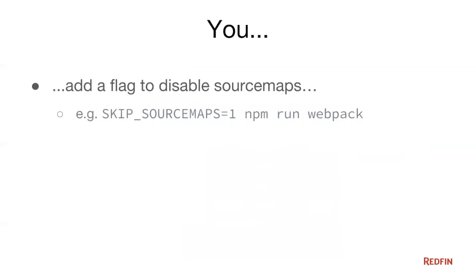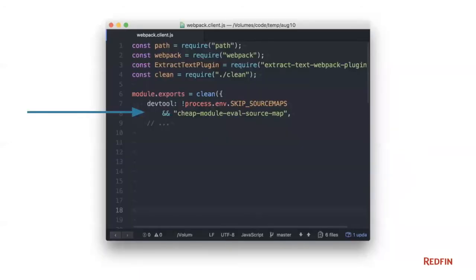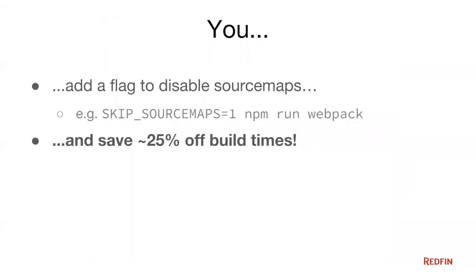So you add a flag to disable source maps. It's pretty easy. It looks a lot like that flag to turn on Uglify. We'll have an environment variable. When you set it, we won't include the source map option. And you save 25% off your build times by doing this. That is what we save today at Redfin when you turn off source maps. All of you that have source maps turned on, Redfin folks, this is what I'm trying to tell you. But